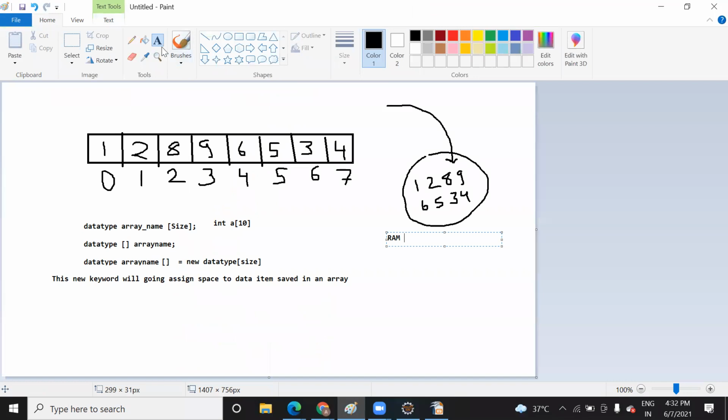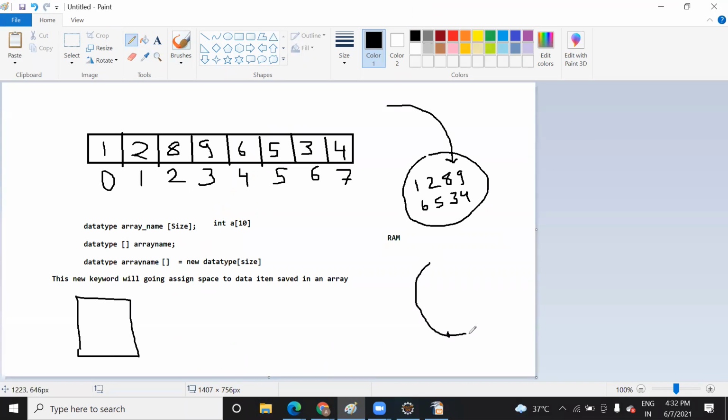And actually how does the program execute? See, the structure is something like this. You write a program here. Suppose this is your Java program, this is your RAM, and this is your hard disk.